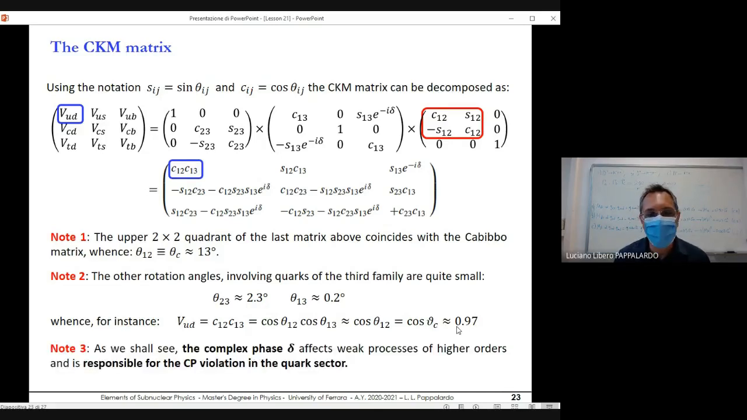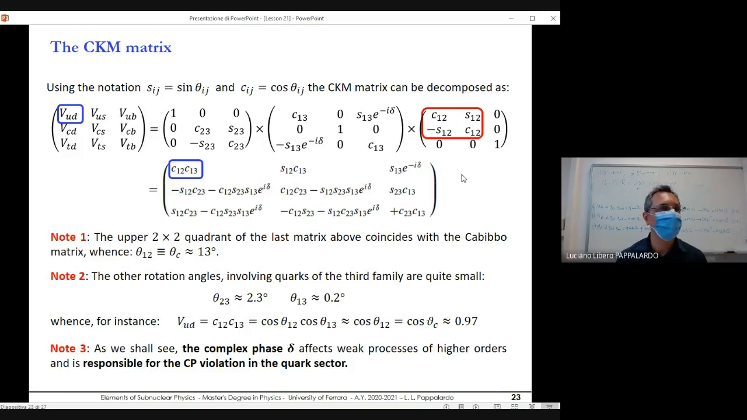What about this complex phase delta? This is actually extremely important, as we will study next week, because the presence of this complex phase is the reason why weak interaction violates CP, so simultaneously charge conjugation and parity. So CP violation only arises due to this delta phase. And as we will study next week,